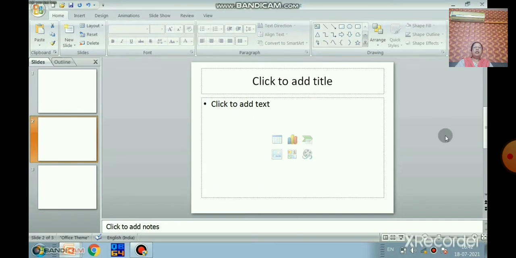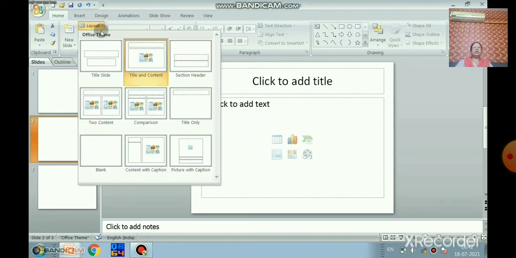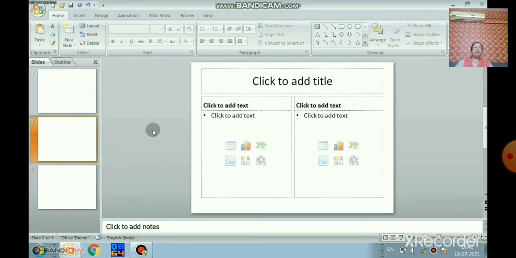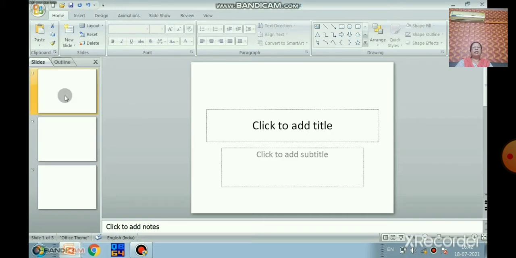Now you want to change the layout of your slide. A layout contains placeholders which hold text such as a title or bulleted list, and slide content such as tables, charts, pictures, shapes and clip art. Can you see the Layout button in the Home tab? Suppose you want to change the layout in your presentation. Now it is click to add title. You place the cursor in that particular slide, and you can change your layout by clicking the Home tab and the Layout button.